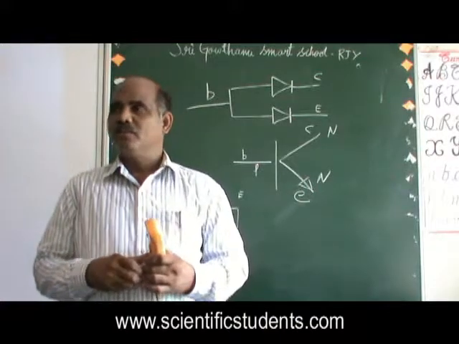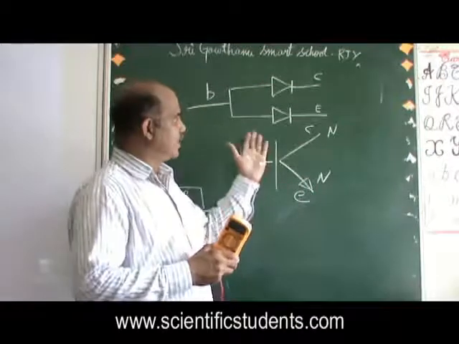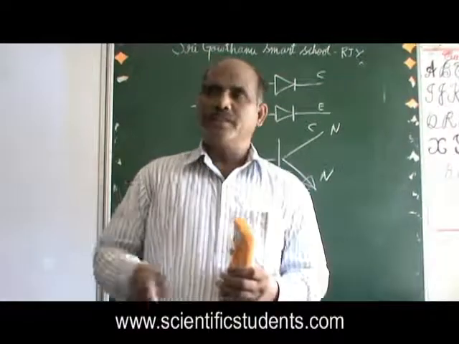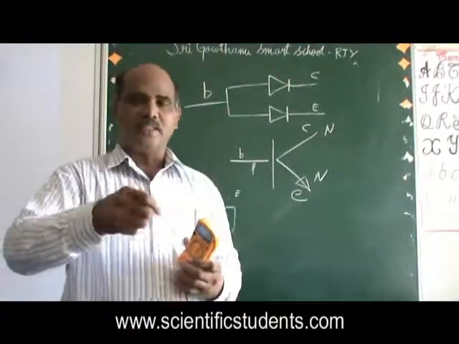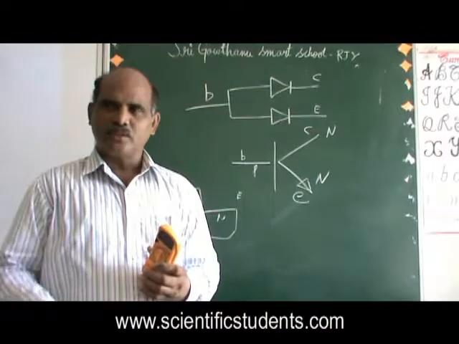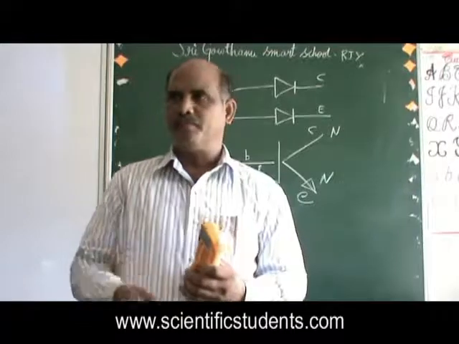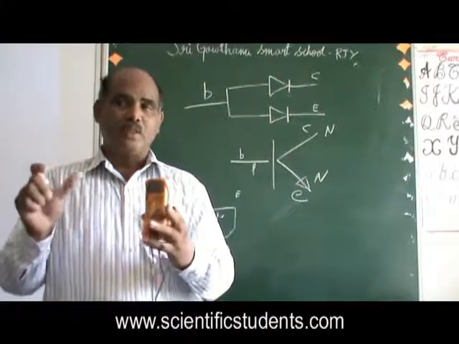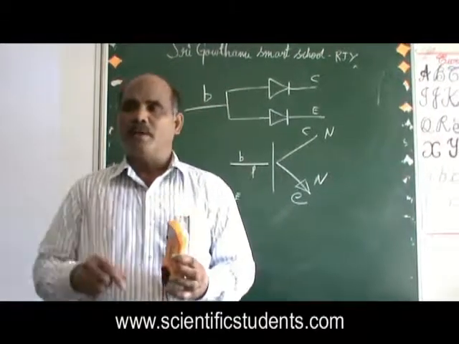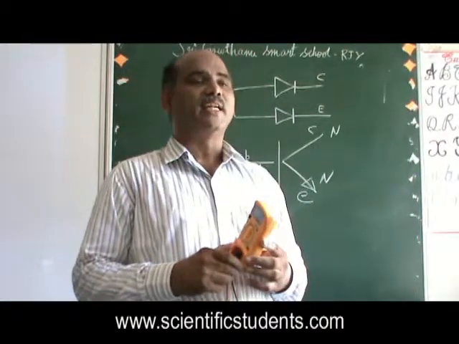What kind of knowledge do you use? Because I told you here, this conducts, that conducts, but how do you test? Suppose, how do you test a jumper on your circuit board? Because a jumper is also a kind of conductor on the circuit board. How do you test your track from one point to the other point? It's all nothing but conductivity. You need to check the conductivity.